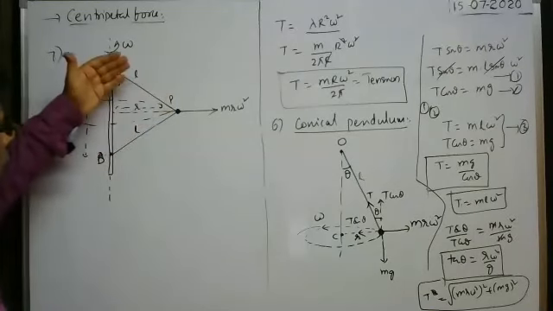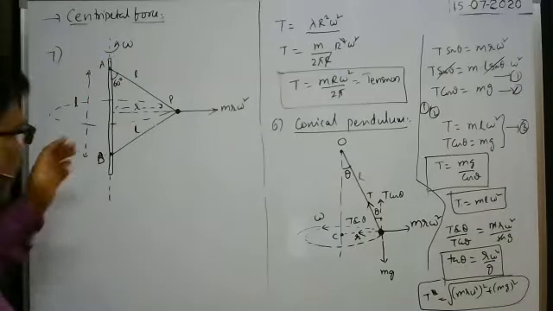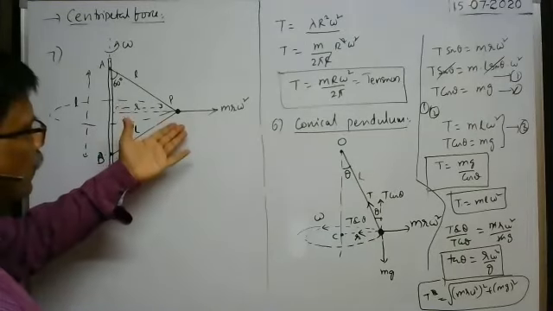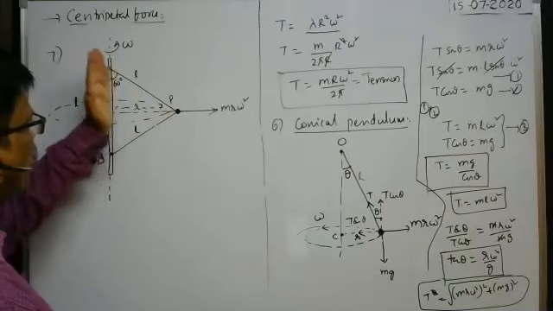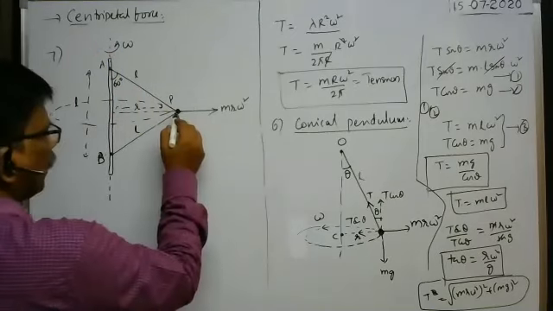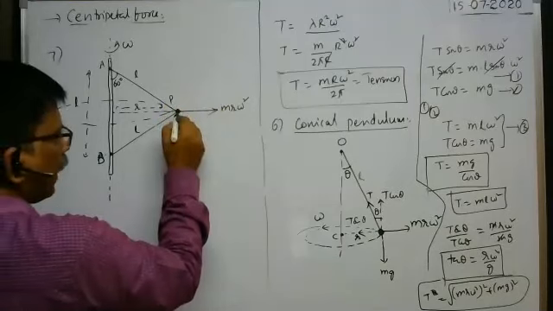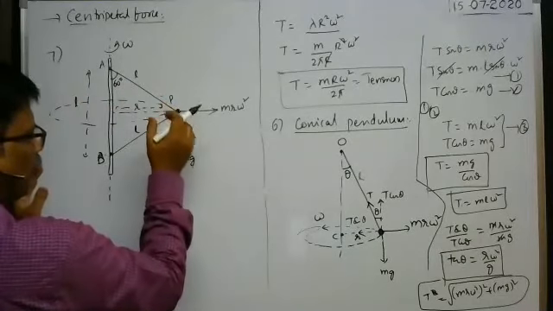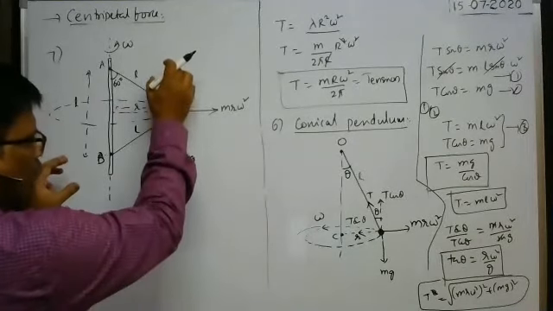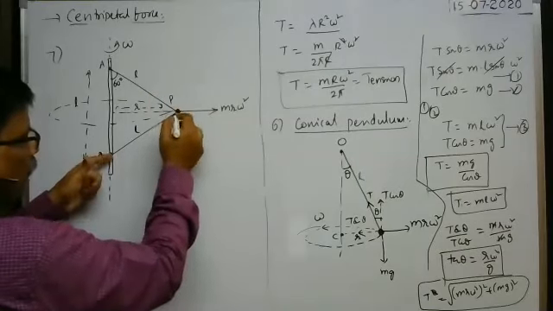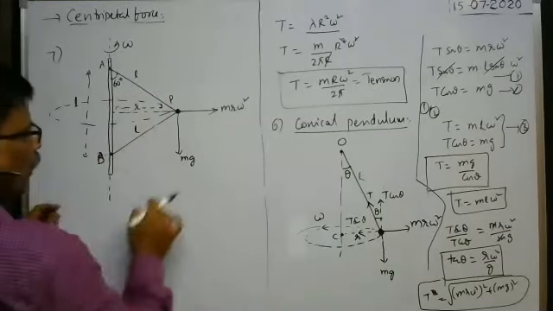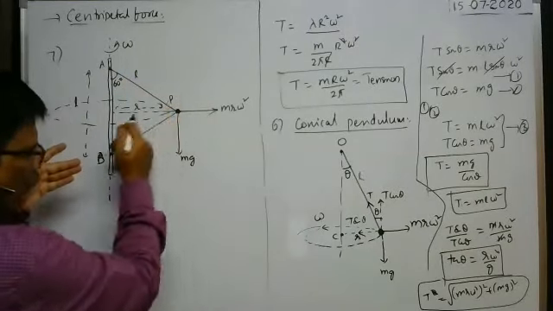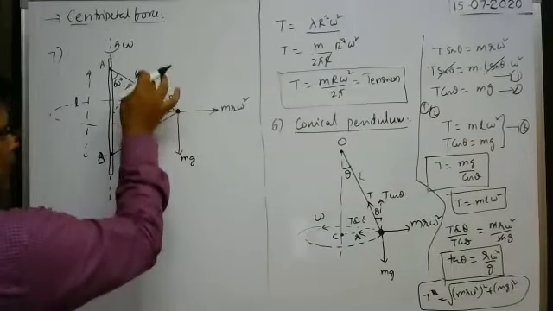As the particle is symmetric about these two points with the help of the strings, definitely the same tension would be developed here. But if weight is considered, because whenever the particle makes rotations about this axis, in the vertical upward direction there is no weight. Weight acts on the particle vertically downwards only, no? Even though the particle makes rotations like this, because of the weight component, it tries to come down. When it tries to come down, this string will have less tension compared with this one. Whenever it tries to come down, this string is pulled in this direction, so that the tension here is less and the tension here is more.